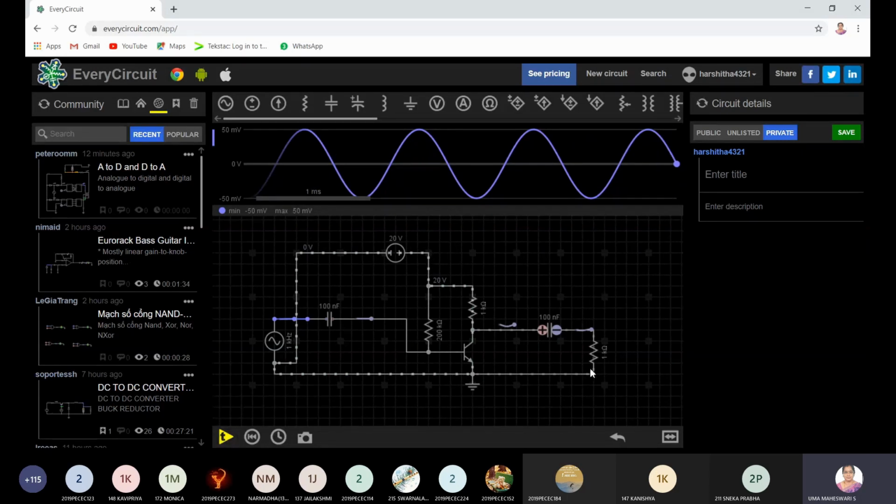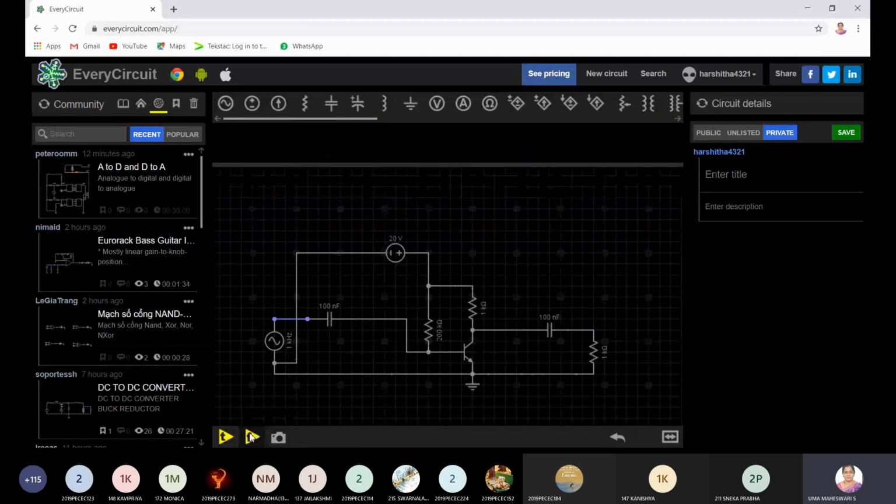Now, if I want to see the output waveform, as I told you, if it would have been a lab, you would have connected a CRO here. CRO means cathode ray oscilloscope. It's a device through which I can see the waveform. But here you just have to click here, you will see the waveform. But what happens is your input is in millivolts and the output is in volts. So if I see both simultaneously, what will happen? I'll be able to see the volt signal, but the millivolt variation I will not be able to see. So what I do is I first rewind this and I'm going to hide the input waveform.